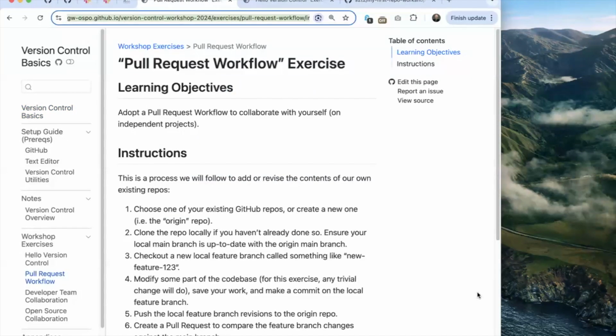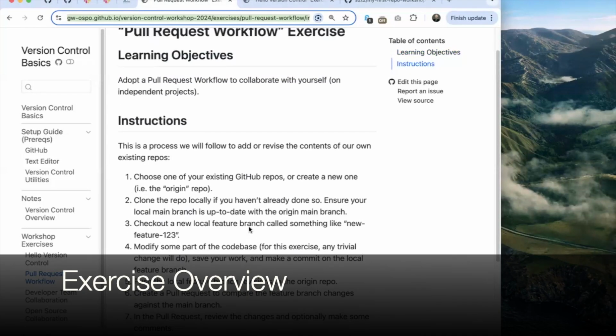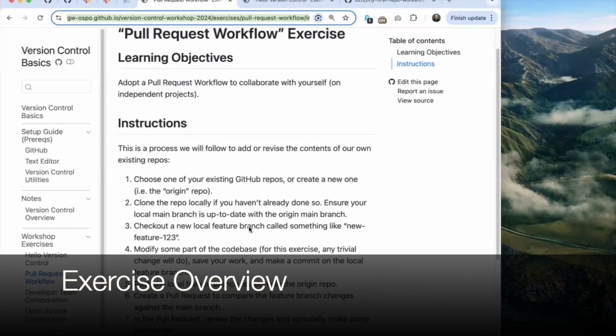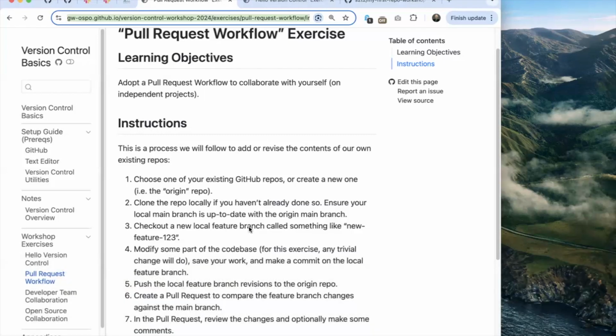We can use the repository that we have just been working in. In this exercise, we're going to deal with the concept of branches, which are like a different state of our repository. And we're also going to deal with something called a pull request, which is an opportunity for formal review of your code. By following along with me, we'll get practice using branches, different states or different realities of